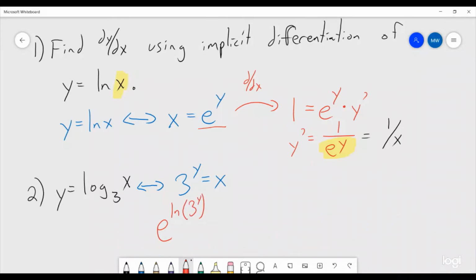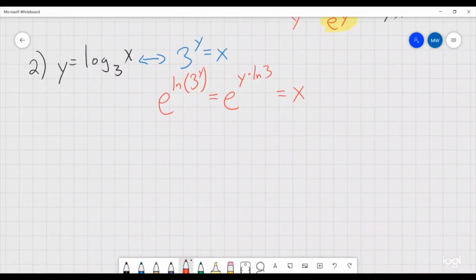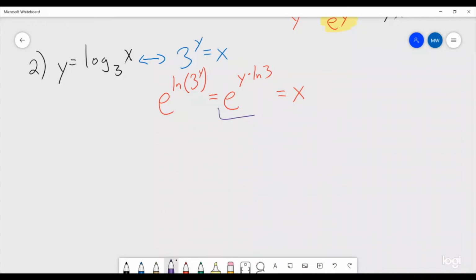But then we can use logarithm rules and pull out the y, so this is e to the y times natural log of 3, and now this is just going to be a chain rule problem. So we get e to the y times natural log of 3 is equal to x. Then when we take the derivative of this with respect to x,